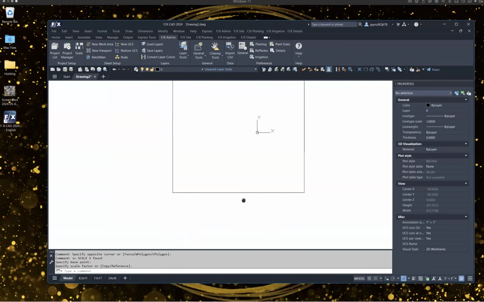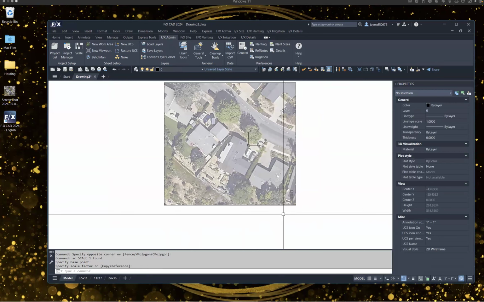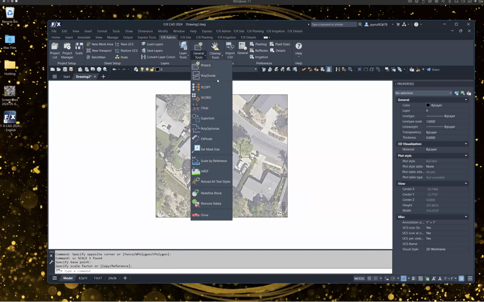All right, now you want to walk us through this real quick? Oh my gosh. Okay, on the spot. What is it? It's in General Tools, isn't it? Now I'm trying to think where it is. I was just using a line, so I didn't play with this beforehand. I think it's right in General Tools, right there. Scale by reference. Yeah.